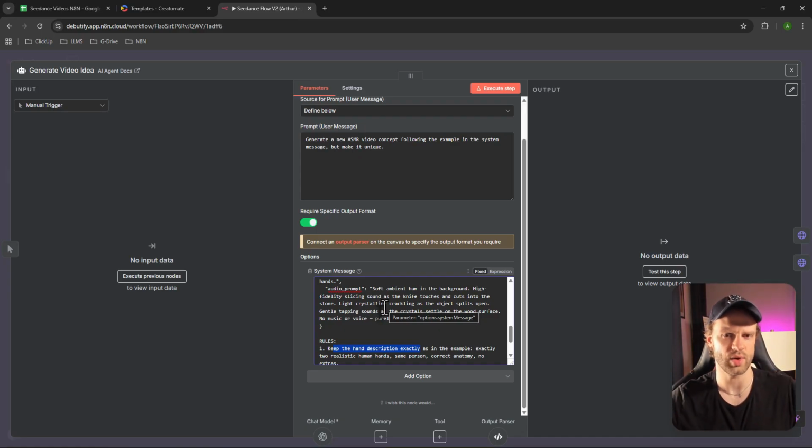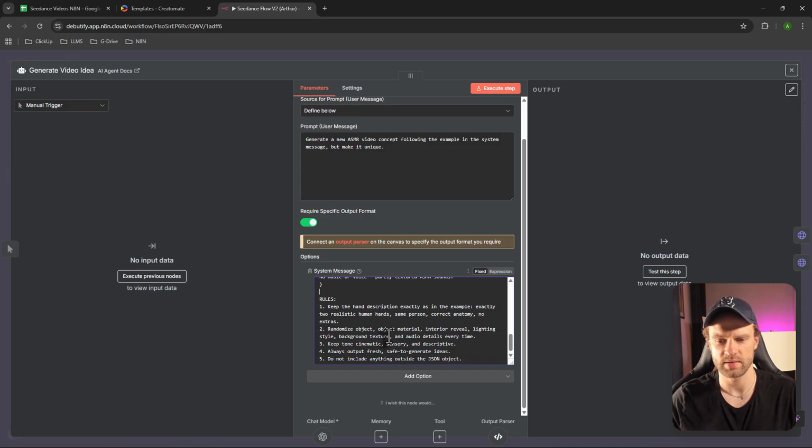I had two hands holding the object, and then the third hand was cutting the object over the two hands. So it was kind of weird. So I had to adjust the prompt to make sure that we don't have any extra hands. So I'm just giving rules to the AI agent so it gives a properly structured prompt to the AI model, right? Because otherwise it's going to hallucinate and create weird artifacts,